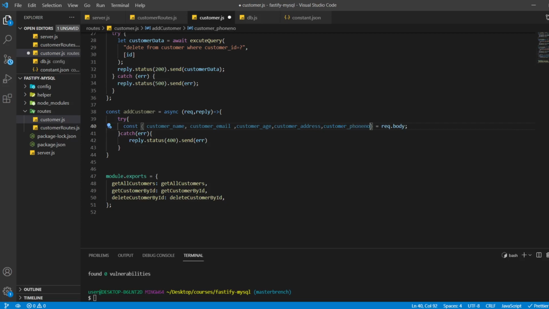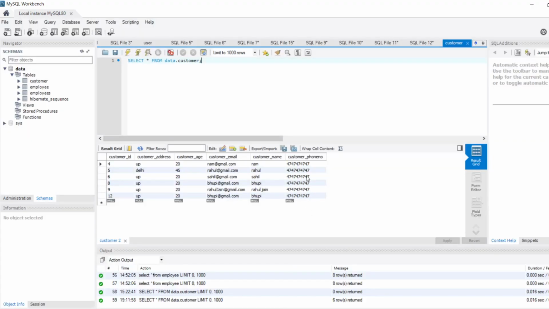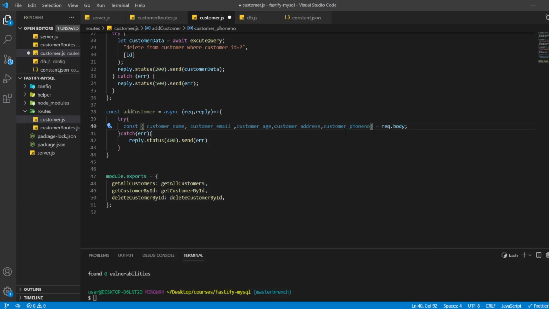Let me see if it is correct. Okay, so these fields we have got from the request.body.